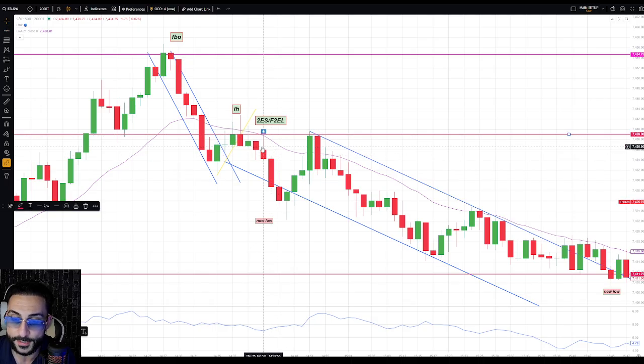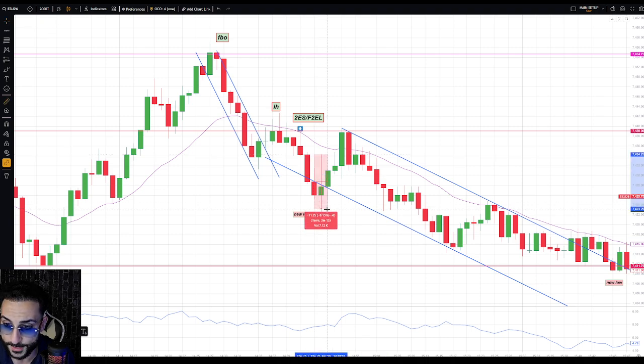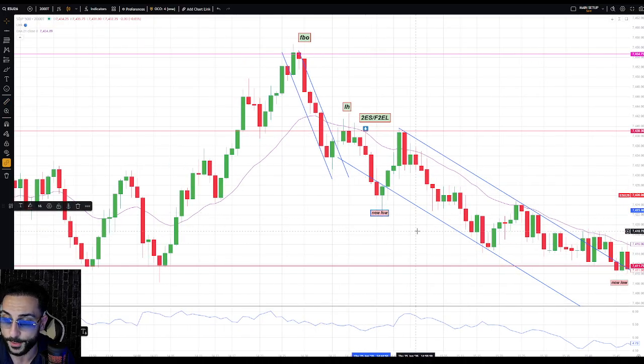So when you have more than one, I always say if you have up to three confirmations, take that trade. Don't get scared, don't hesitate, because you have so many confirmations that the market is going to reverse, and the more the better. So, as you can see, market reversed, and this was a very significant scalp, about 12 points, more than enough. So we had a new low here, and